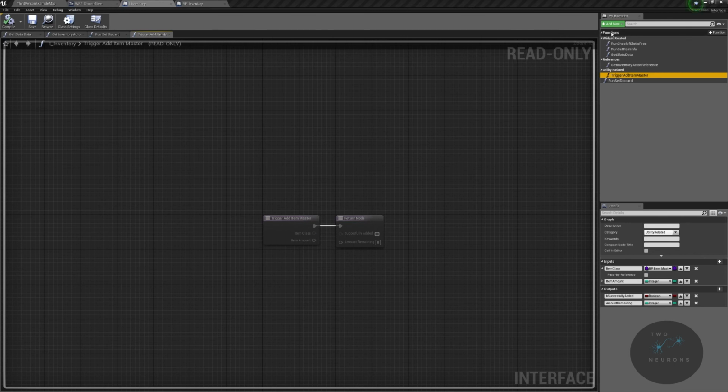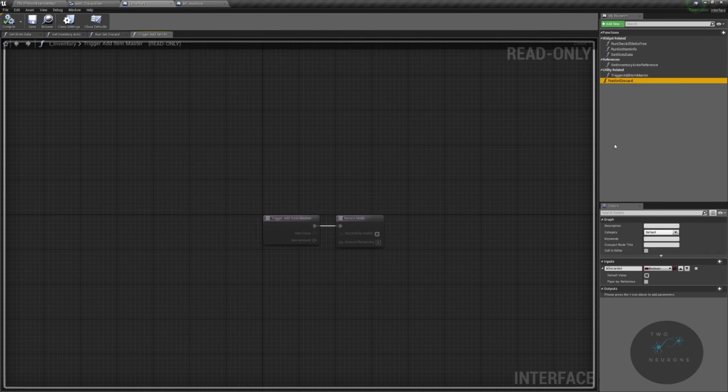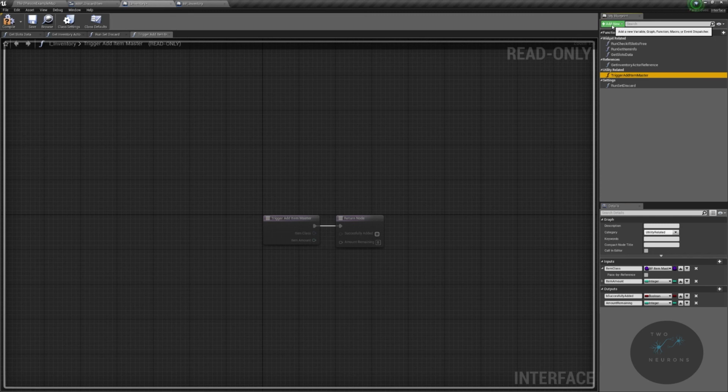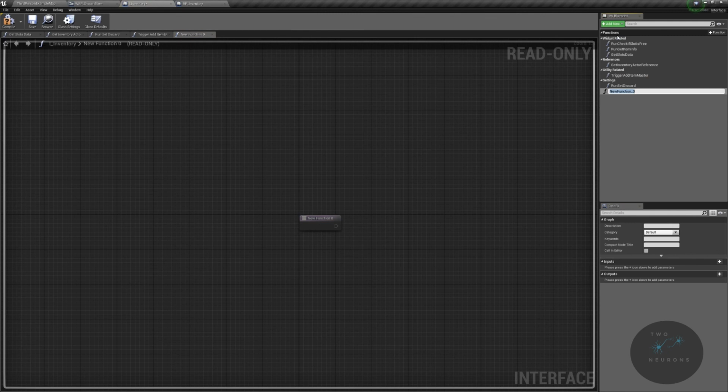We're going to add, actually, you know what? We're going to set this first into a folder called settings. I don't like the fact that I have run and trigger. Yeah, it kind of bothers me. But we're going to create a new event for our utility related called run equip item. Sorry, not equip. That's for the next section. Run discard